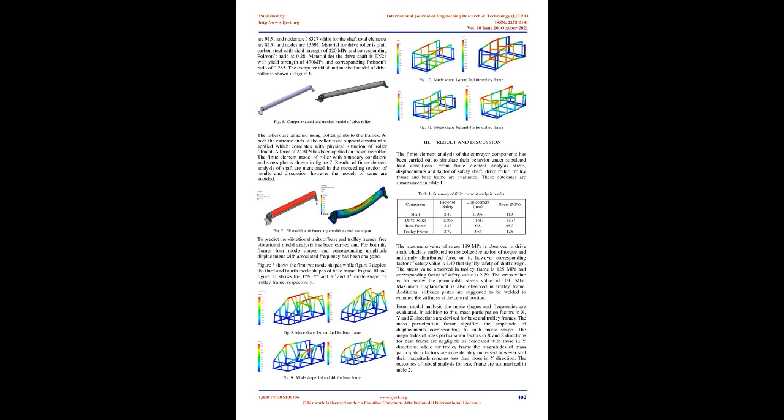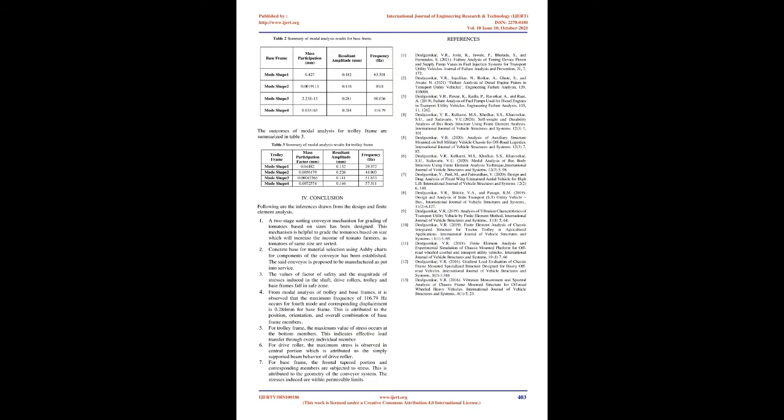Shaft: 2.49, 0.795, 189. Drive roller: 1.866, 1.1617, 117.77. Base frame: 2.32, 0.89, 5.2. Trolley frame: 2.79, 3.64. The maximum value of stress, 189 MPa, is observed in drive shaft, which is attributed to the collective action